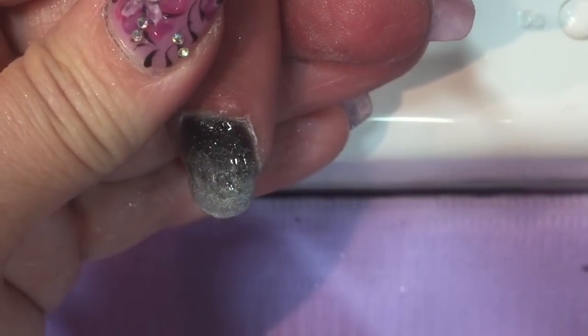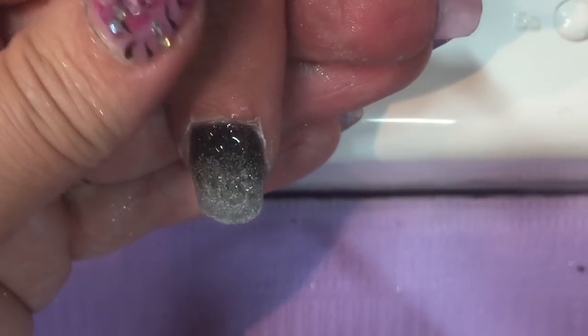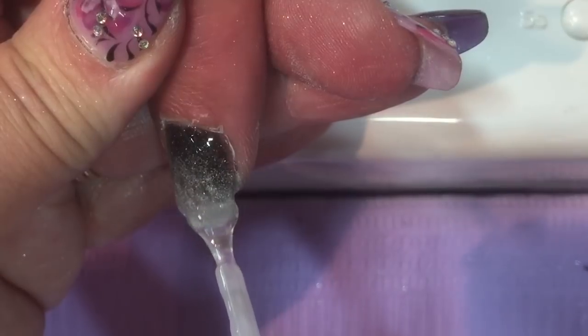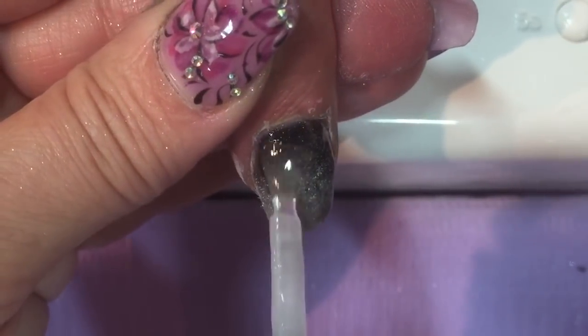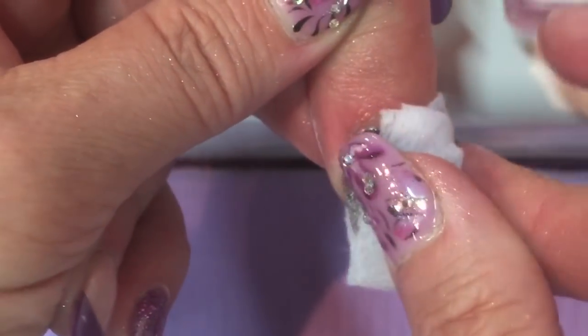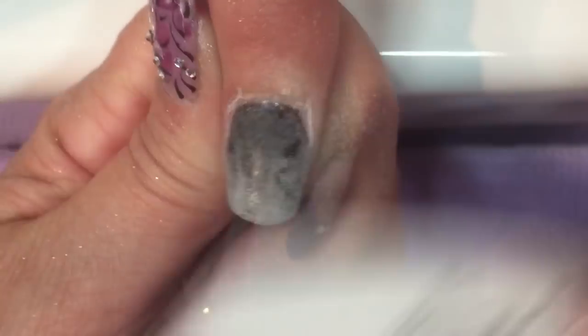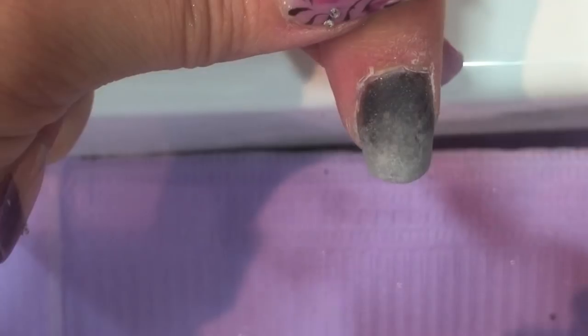So using step 4, seal the entire nail from cuticle edge to free edge. Cure in your LED for 30 seconds, UV for 120. Remove shine using cleanse, refine file with your endurance buffer 180-240. At this point,